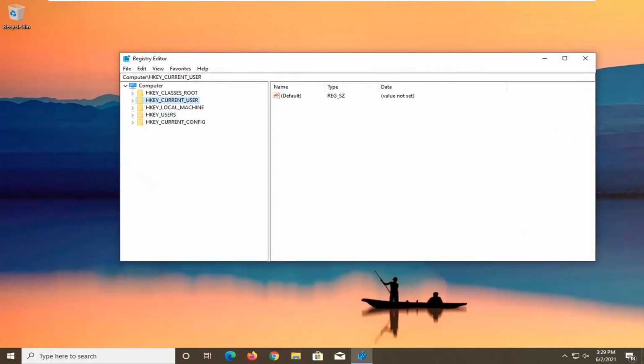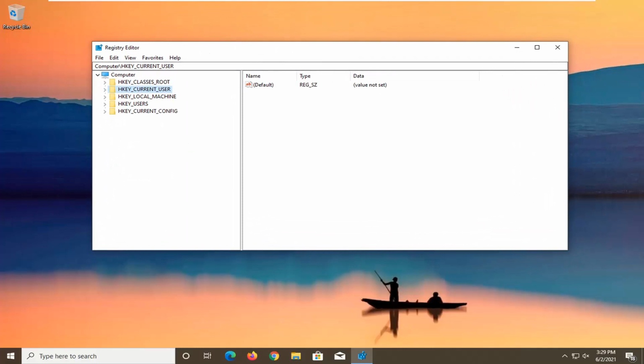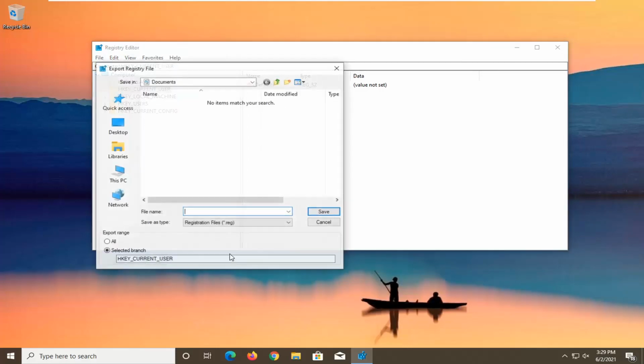Now, before proceeding to the registry, I would highly suggest you create a backup of it. So if anything were to go wrong, you could easily restore it. In order to create the backup, it's very simple. All you have to do is select the File tab and then Export. For the file name, I normally recommend naming it the date on which you're making the backup. Set export range to All, and then save it to a convenient and easily accessible location